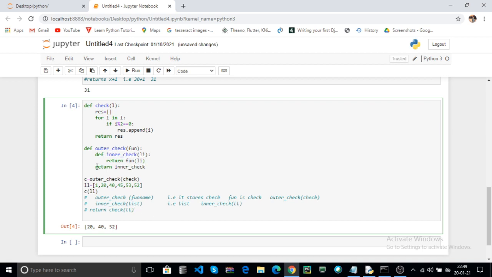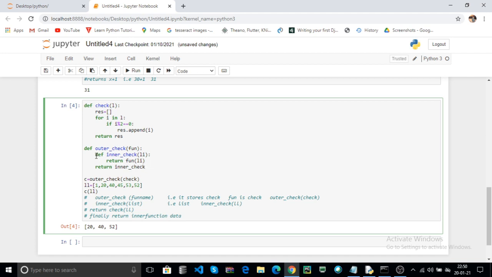Now finally return the inner function. What does it return? Finally return the inner function data. Without using return, it raises the error NoneType object.